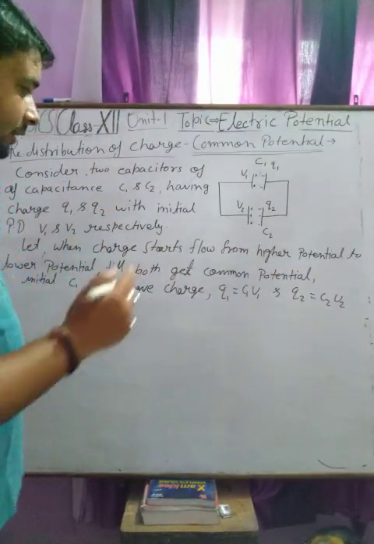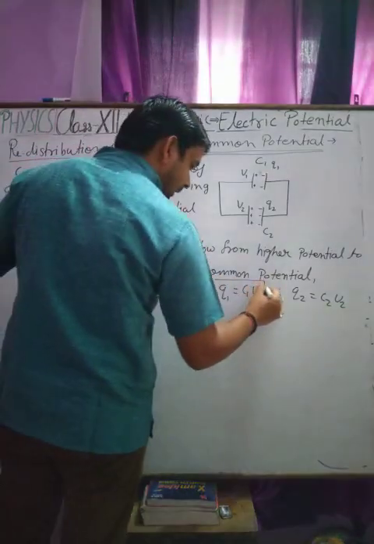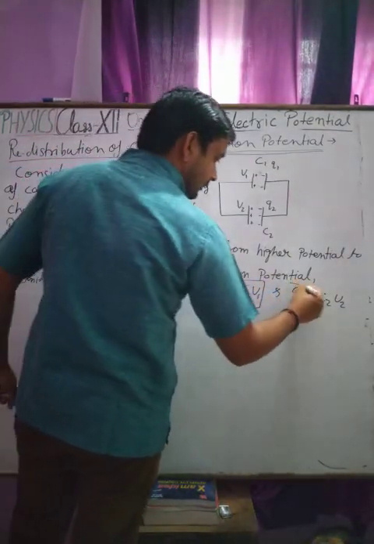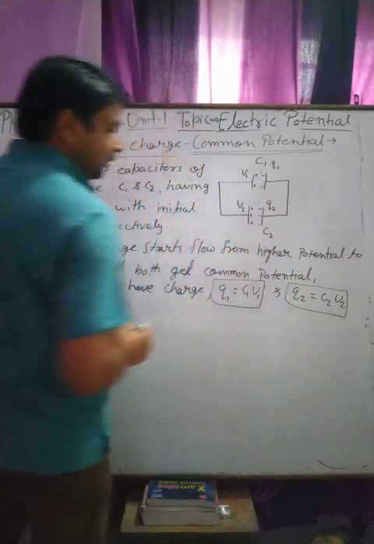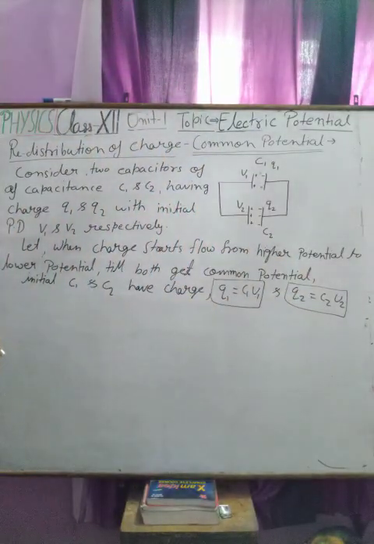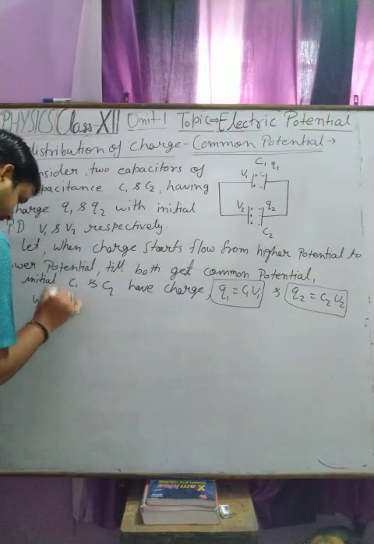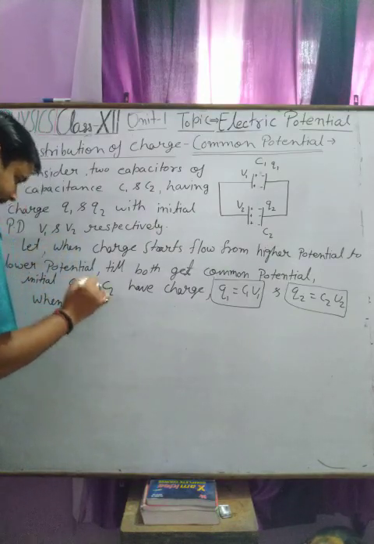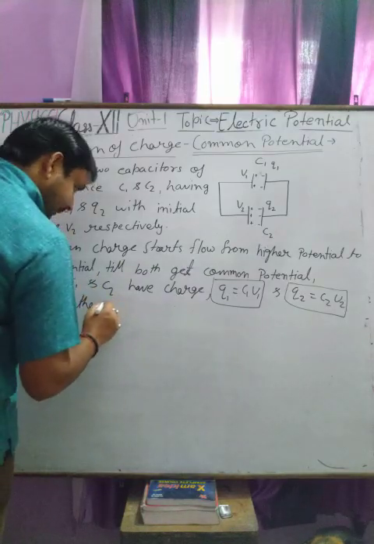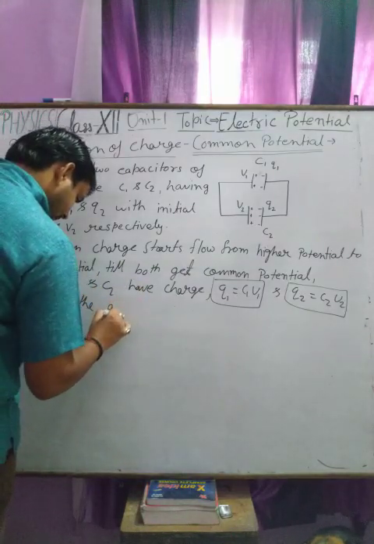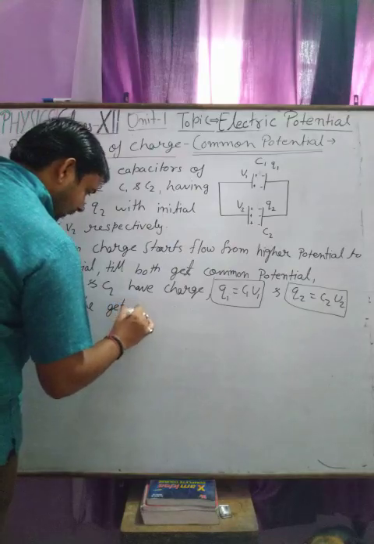So their charges are Q1 is C1 V1 and Q2 is C2 V2. Now when they get common potential,